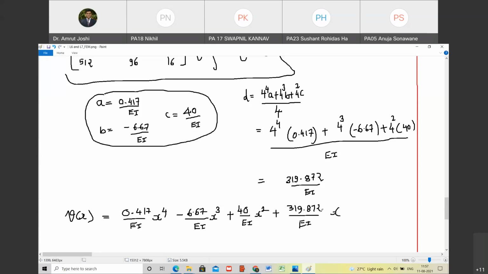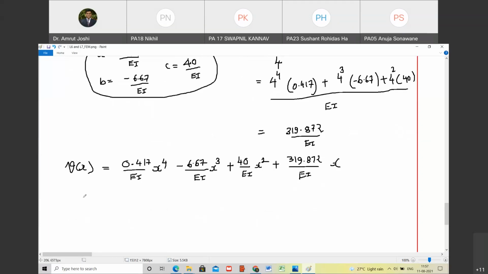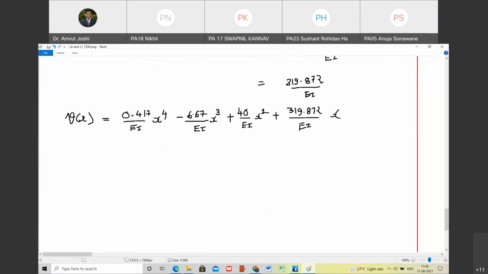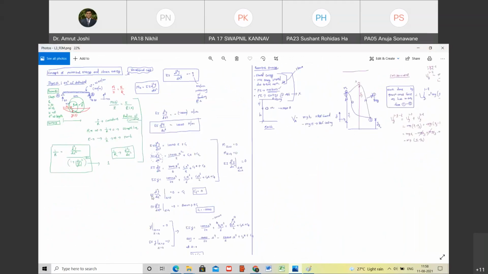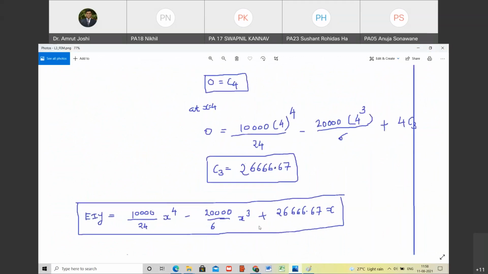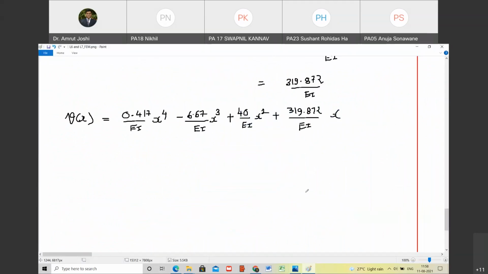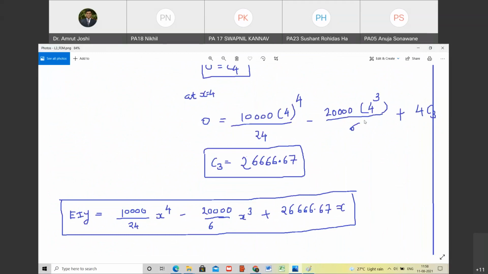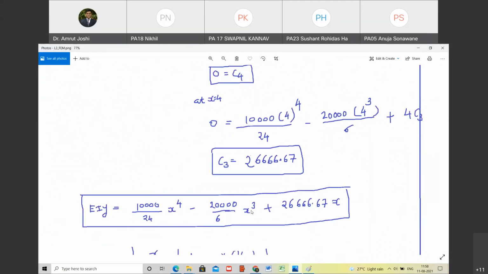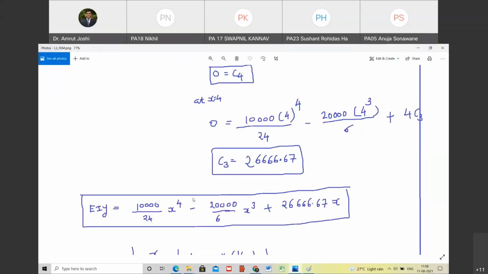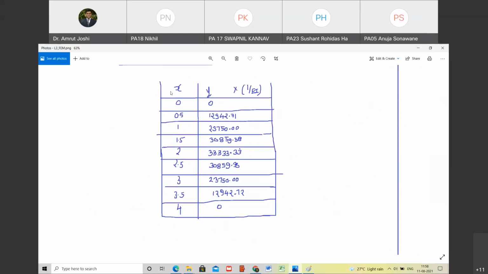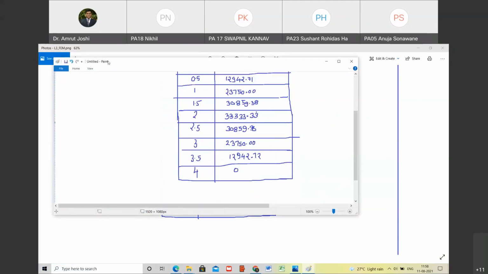Great. Now, if this is the expression, let us revisit the example here. This expression is clearly different from the expression that we obtained here. Are you with me? Yes, sir. Or is it the same? No, it is different. It did not involve the term in x square. That's all right. Now, we are going to copy this table. Let me copy it for you. These are the values of y that we found at various locations. Do you agree with me?